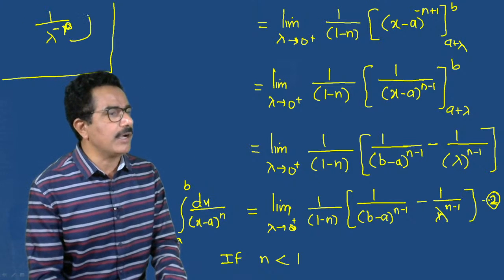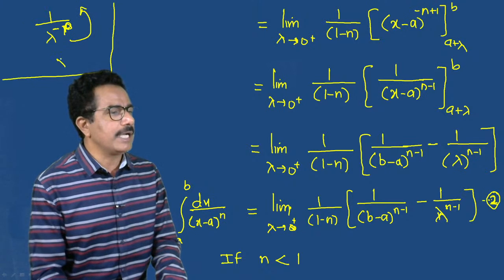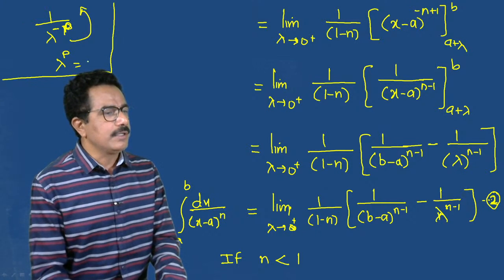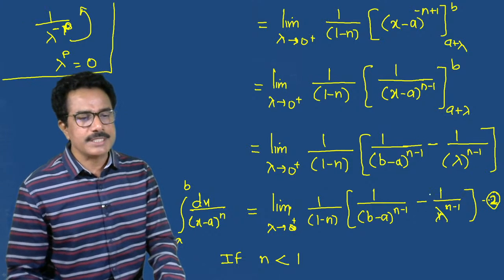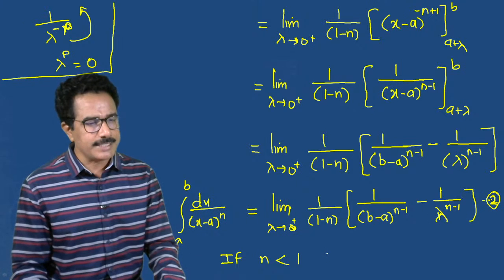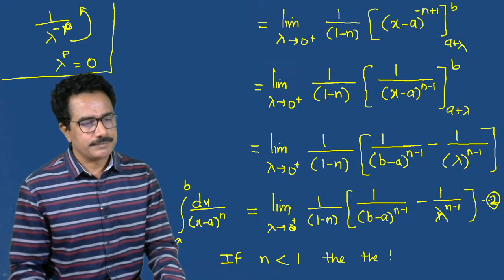If we take it to the numerator then we get lambda raised to p, and if we put lambda equals 0 then the limit goes to 0, then the second factor will be 0. If lambda equals 0 and n less than 1, then the limit